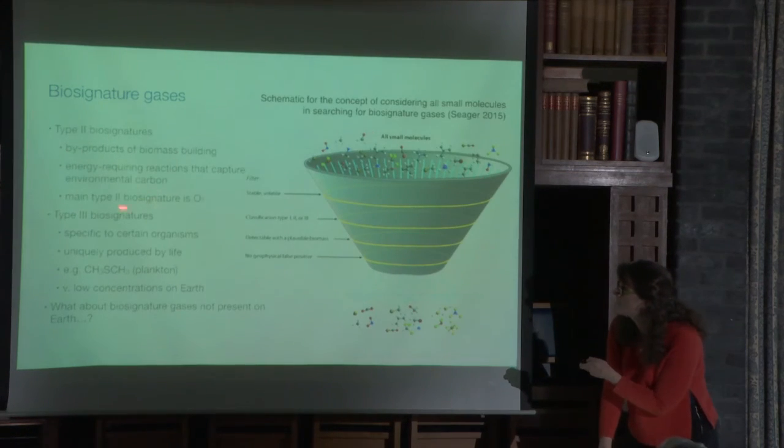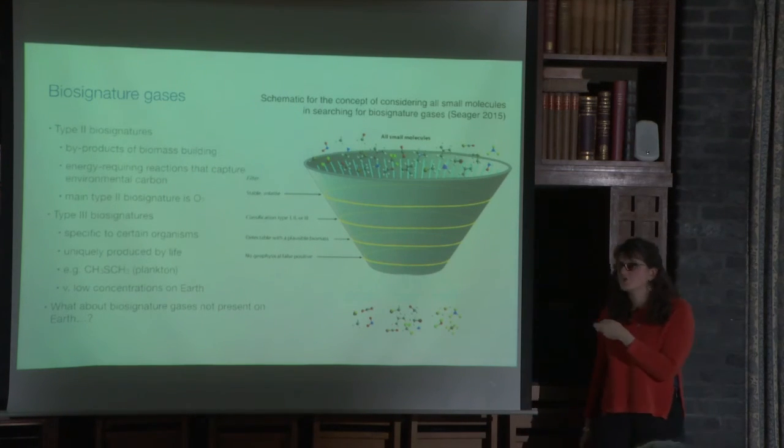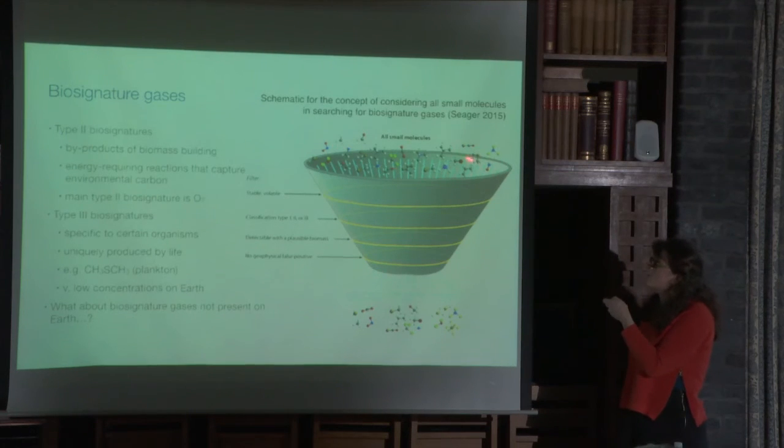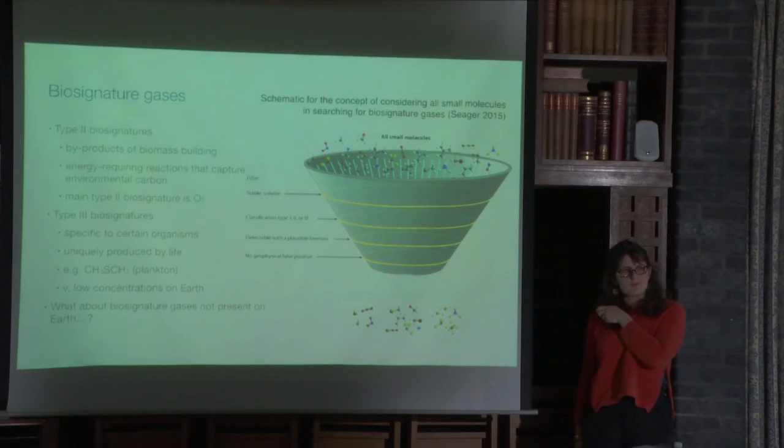The other type, which is the most popular, is the O2, and it's part of a class of biosignatures that are the byproducts of biomass building. If you really want to think about all possible biosignatures, you have to consider all small molecules abundant on a planet like the Earth, all the reactions and all the products that they can yield, and then which of these are not produced by any geochemical process, and which of these are going to be abundant enough. Because there are also molecules that are produced on Earth only by life, but they are in such small amounts that we could never detect them